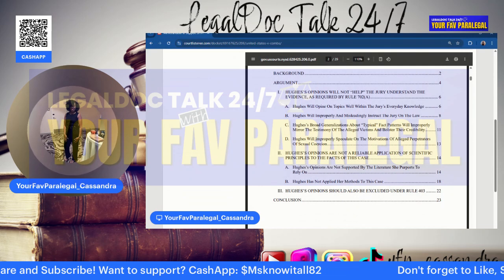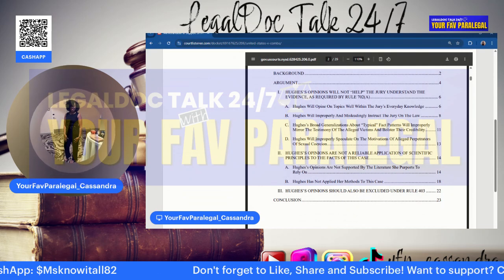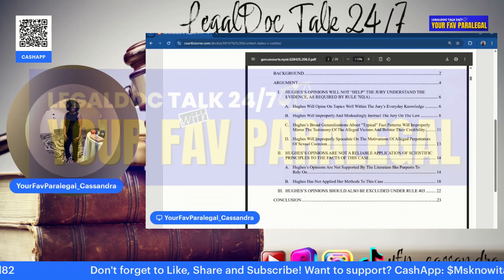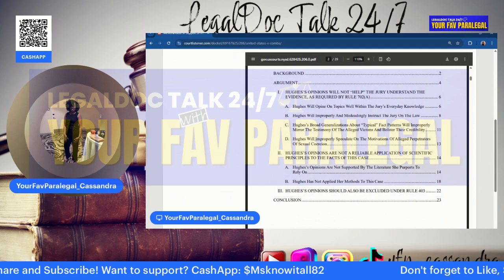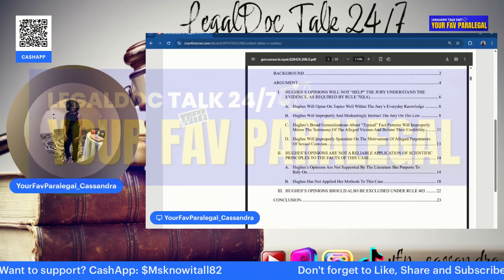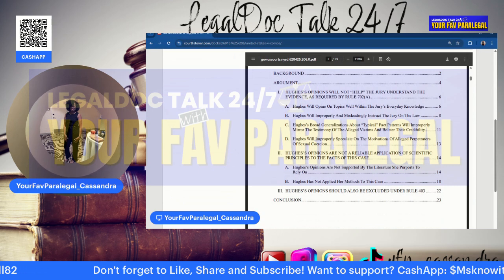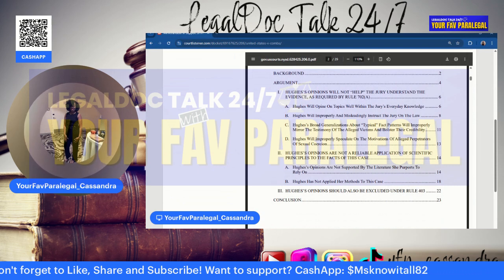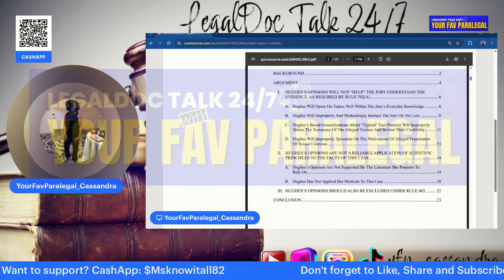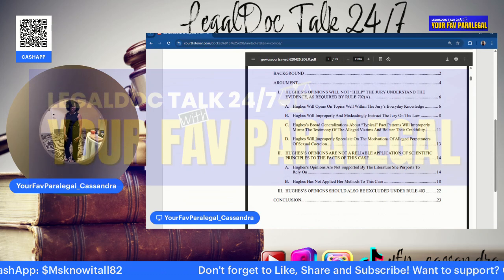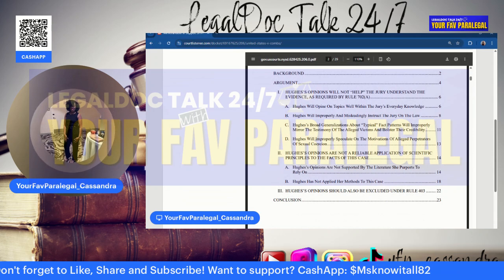Doctors handle specific areas in the medical field, and that is why the government chose Ms. Hughes. Another argument they make is that Hughes' opinions are not a reliable application of scientific principles to the facts of this particular case. And it stated that Hughes' opinions are not supported by the literature she purports to rely on, and that Hughes has not applied her methods to this case because she's speaking in general, okay?